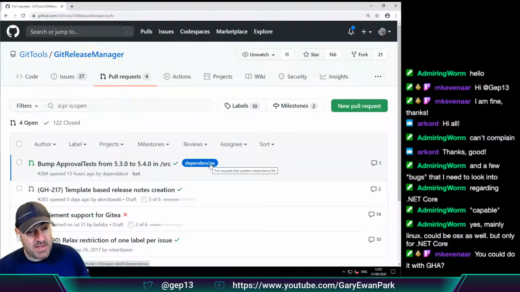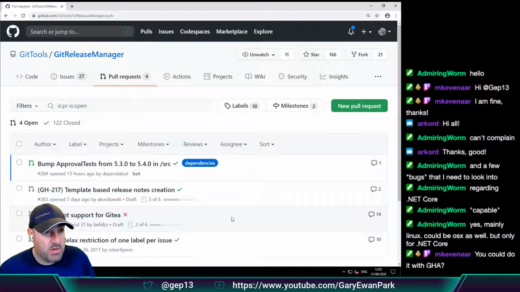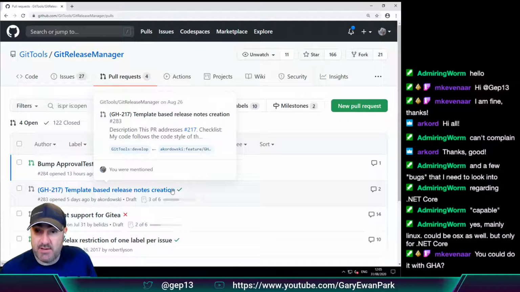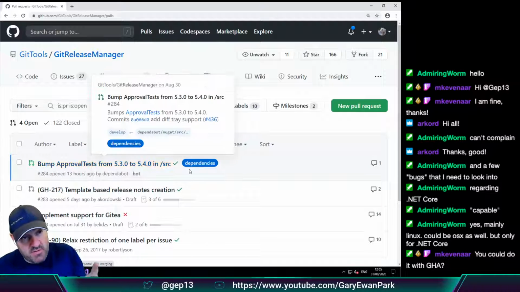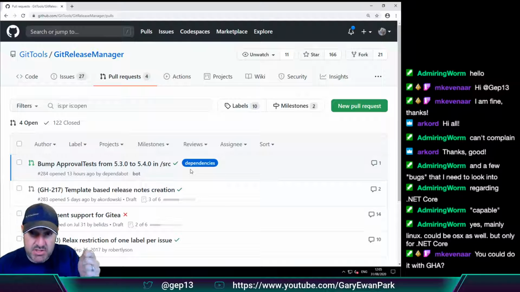But one of the main things that I wanted to talk about today was a PR that came in from Artur into GitReleaseManager. I want to talk it through. And I want to get this PR from Dependabot merged in, and then like I say, I want to look at the EditorConfig, StyleCop, FxCop analyzers and get all that up and running.